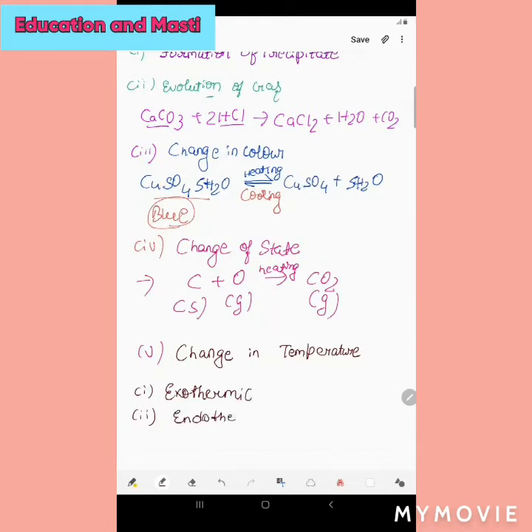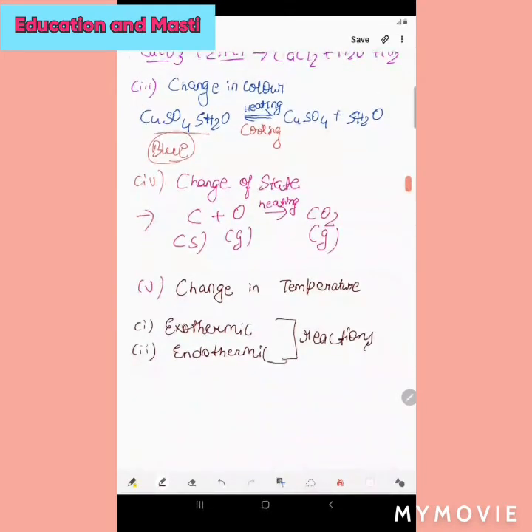So let's first deal with these reactions. First, let's know about exothermic reactions and their definition. The reactions which are accompanied by an increase in temperature and release a large amount of heat are called exothermic reactions. It means the reactions which are accompanied by an increase in temperature release a large amount of energy, or you can say a tremendous amount of energy, and then it is called an exothermic reaction.